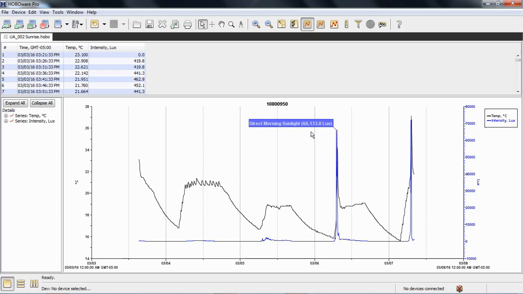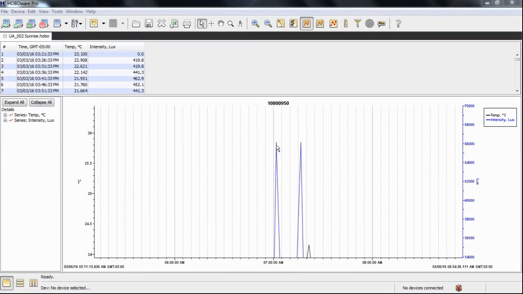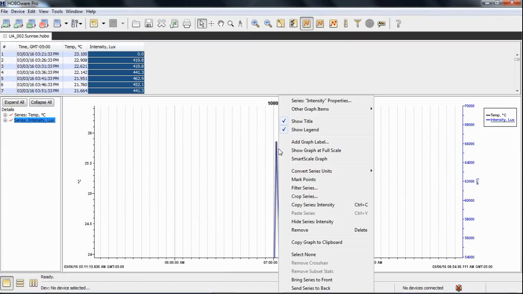I'm going to delete this label. So just select it, left click on it, and tap the delete key. And now what I'm going to do is zoom in on this point using my zoom tool, my little magnifying glass, and let's just drag a little box around there. There's my point, and now go back to my arrow tool,